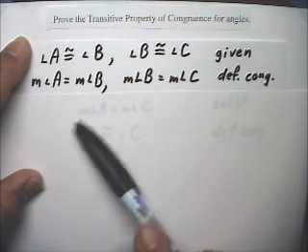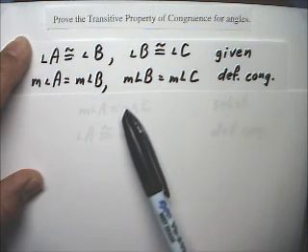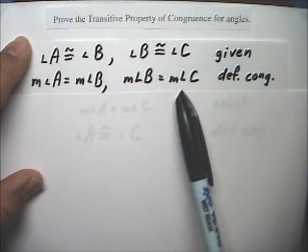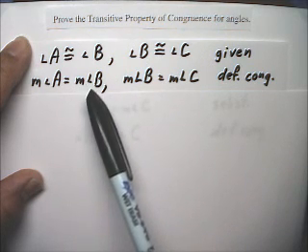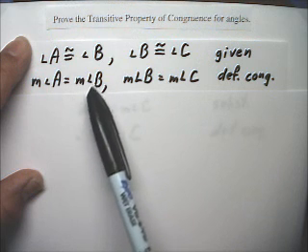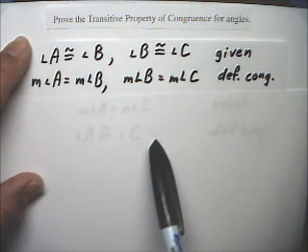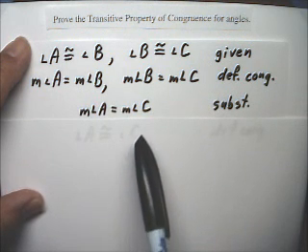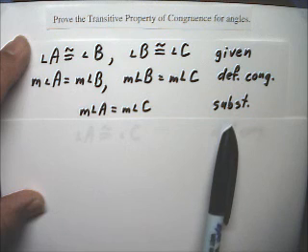So by the definition of congruence, we have the measure of angle A equals the measure of angle B. Also the measure of angle B equals the measure of angle C. And now I'm going to substitute here. Instead of measure of angle B, I'm going to put the measure of angle C, because that's substituting equals for equals. The book says it's using the transitive property, and each